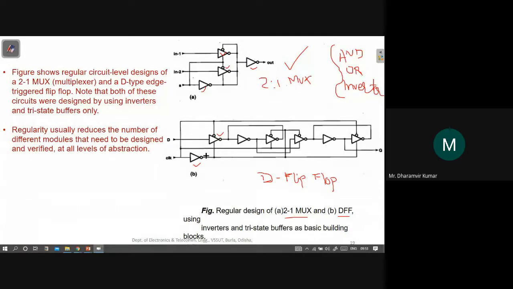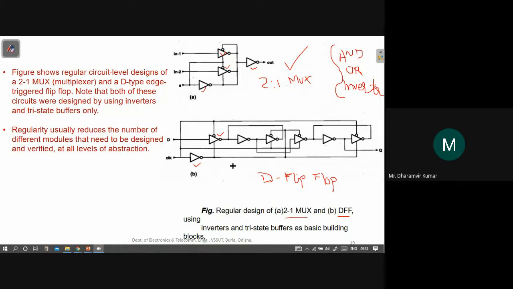If you are aware of an inverter, you are aware of this. Only one input and one output is required. And this is a tri-state buffer, where it is also using the third state of high impedance. But the internal circuit, when you see it, may be slightly different from the inverter, but maybe slightly simpler as compared to the internal circuit of a NAND gate. So maybe in that sense, it's providing that kind of advantage.